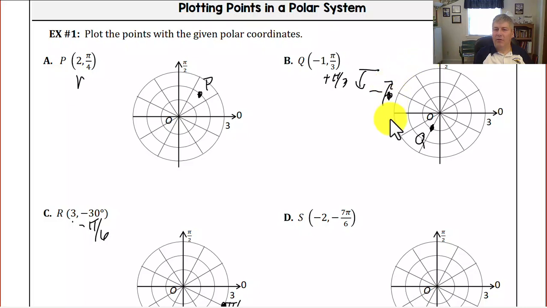Negative angles rotate, still in that clockwise direction from here, and positive angles rotate in the counterclockwise direction. So something to keep in mind: there are actually multiple ways to graph that particular point. There are multiple locations. Now we have it as -1, pi over 3, but it also could be